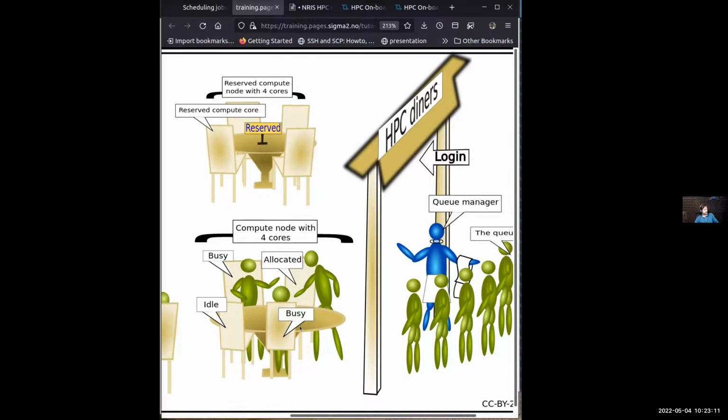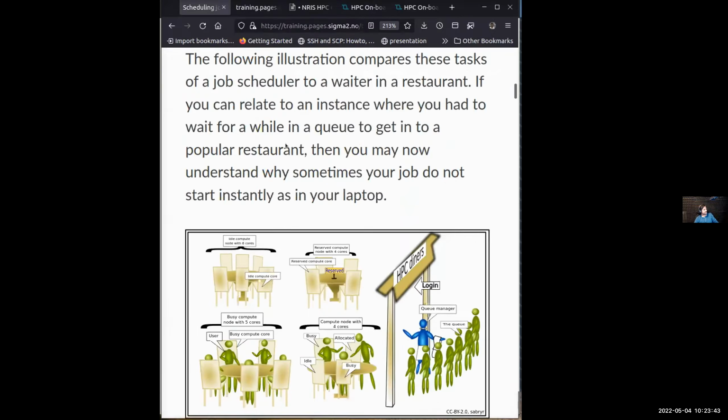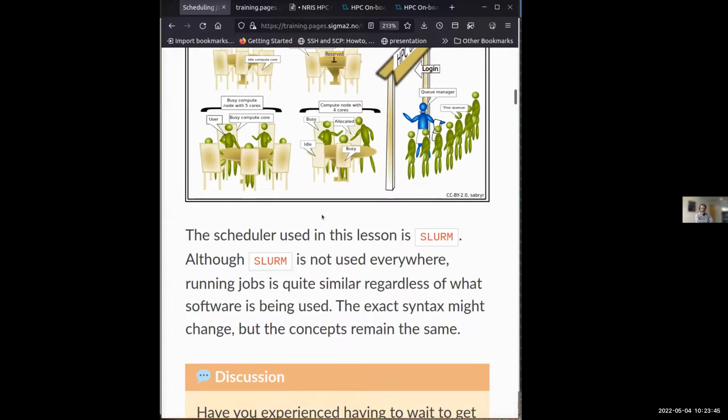And there could be mixed nodes, where some are busy, some are available, and some are allocated. Allocated means that somebody is on their way, so you cannot use it until then. If I rephrase that: a chair is free, but somebody is on their way, so you're not supposed to seat somebody else in that chair. Does that explain it, Bjørn, or is there anything else you want to add? Well, I think you covered most.